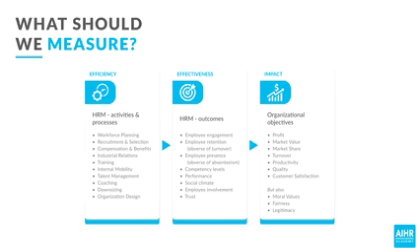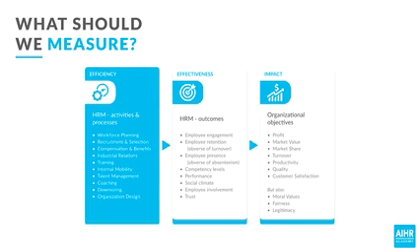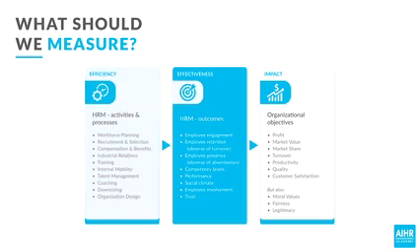And this is where the HR value chain comes in. You have different kinds of metrics. On the left side you have efficiency metrics. In the middle you have effectiveness metrics. And on the right you have impact metrics. Now, the efficiency metrics are all HR activities and HR processes which are not HR outcomes. So a lot of your recruitment metrics fall into the efficiency metrics category. Your HR outcomes are the tangible outcomes that you try to achieve within HR, like employee engagement, retention, low absenteeism,